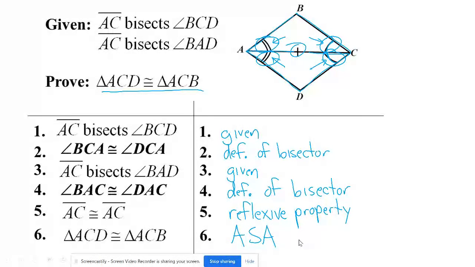So again, use the stuff that we've learned in this unit. Use your reflexive property and your angle, side, angle, side, angle, side, side, side, side. But also think back to other things we've learned already. Think about vertical angles. Think about bisected angles or bisected segments. Things like that. Because those things will be tools you can use to do proofs with triangles and with other things that we come across later in the